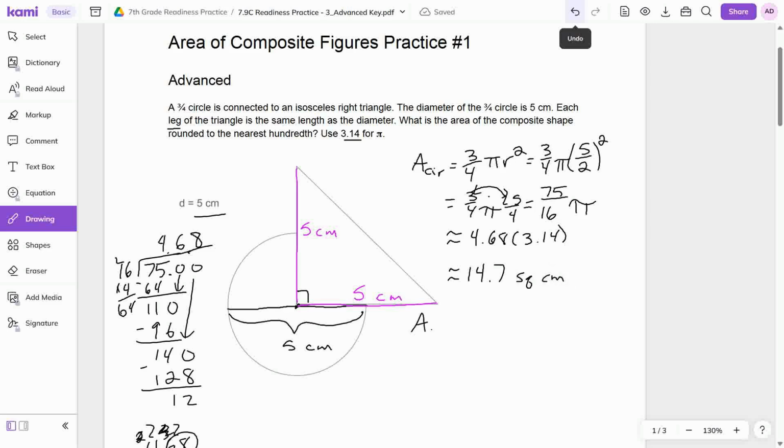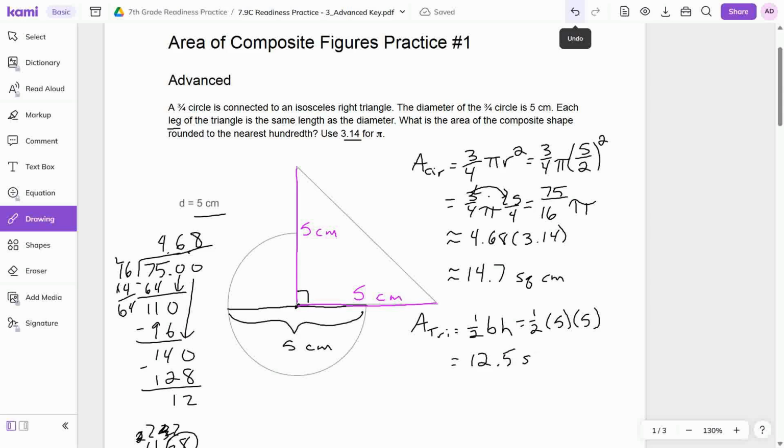Now let's deal with the area of our triangle. And remember, it's 1/2 base times height. Since this is a right triangle, we can use one of the side lengths as our height because it's 90 degrees with a base. So we're going to call that 1/2. The base is 5 and the height is 5. So half of 25, or